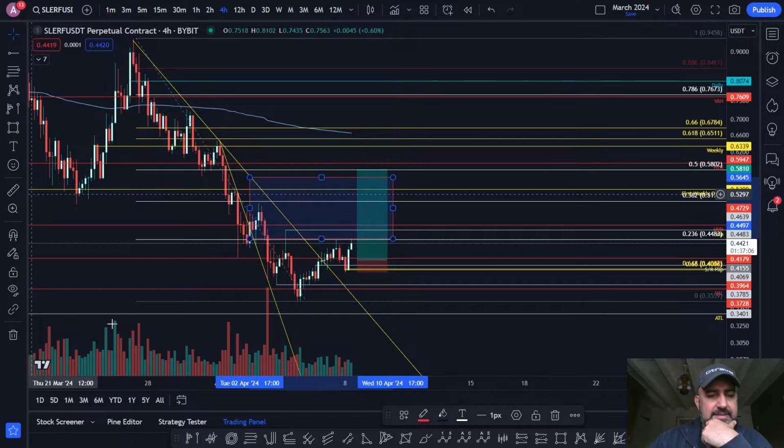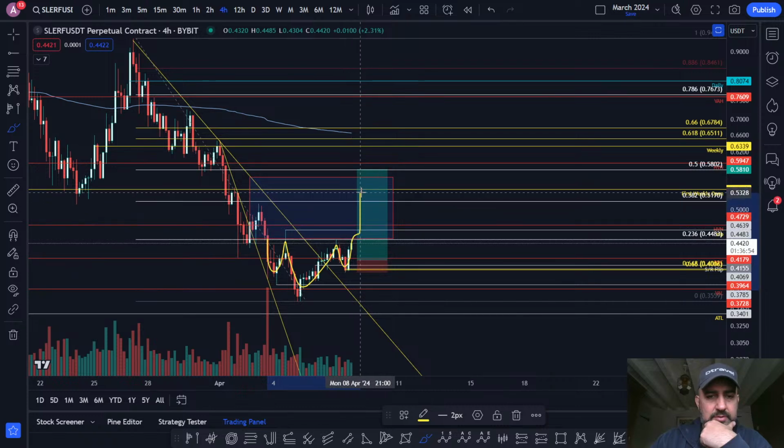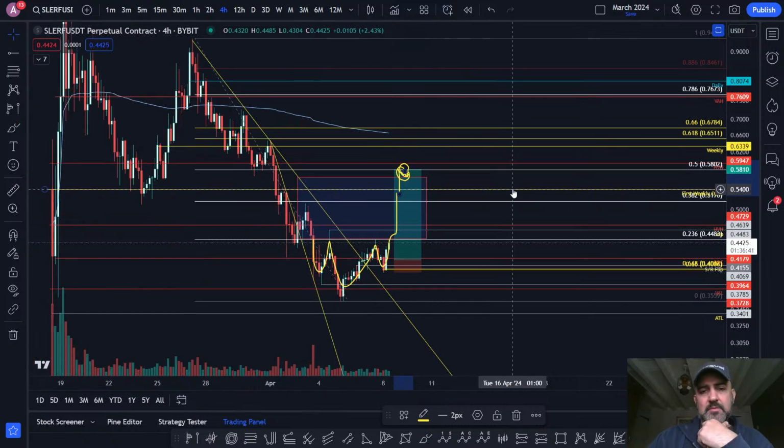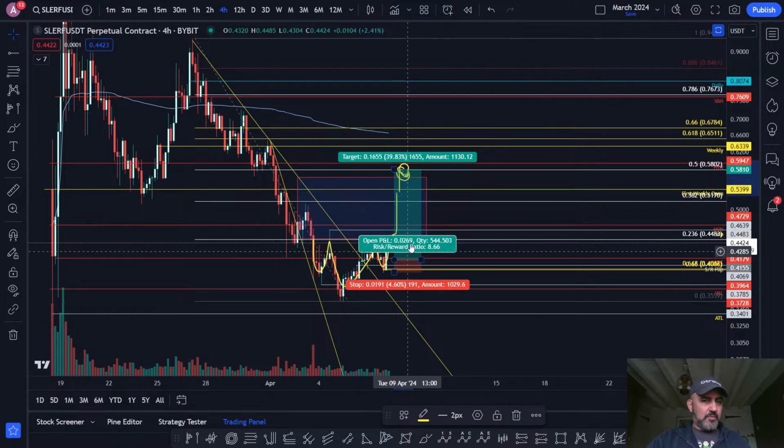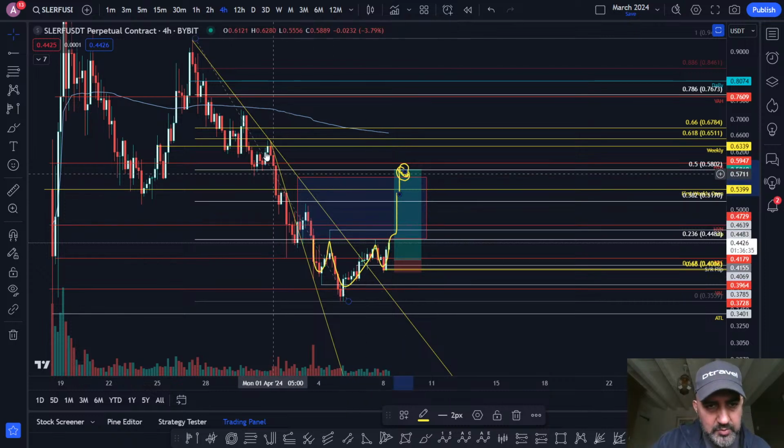If you complete this inverse head and shoulders idea, we can break out now, squeeze up all the way with a bit of volume and get to about there. It's kind of my target at the moment, roughly. But obviously, when we get closer, we'll have to see what happens. And that will get us all the way up